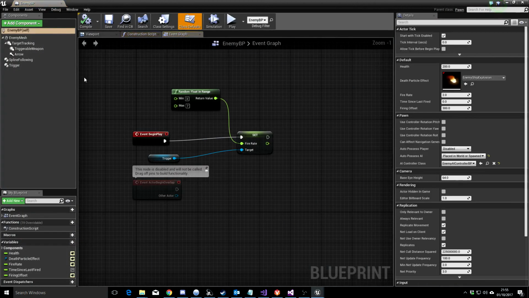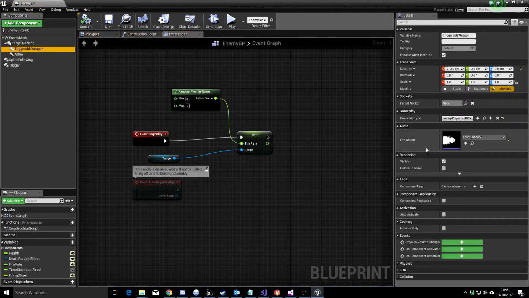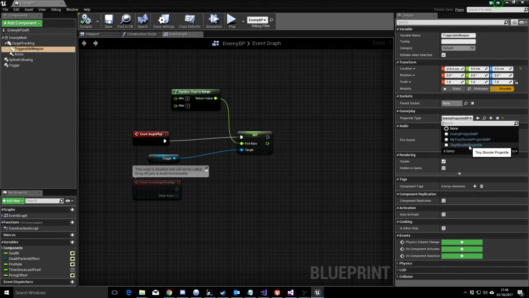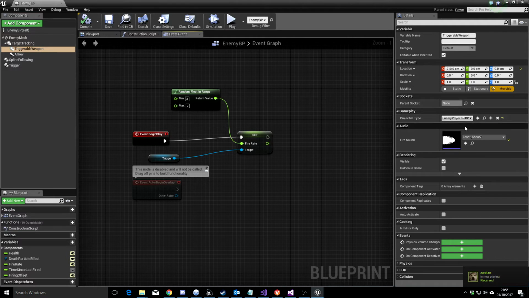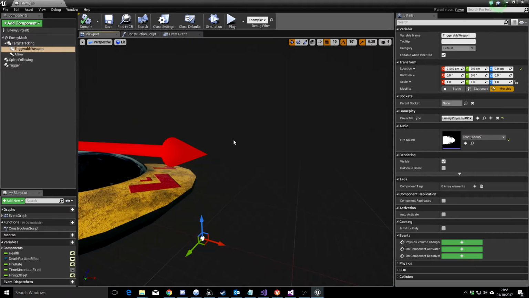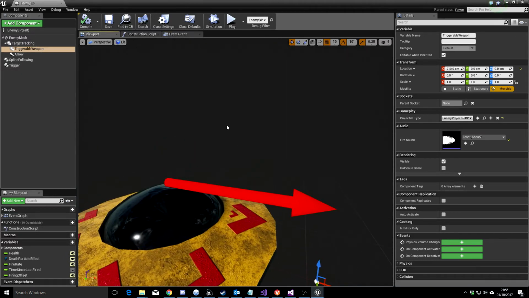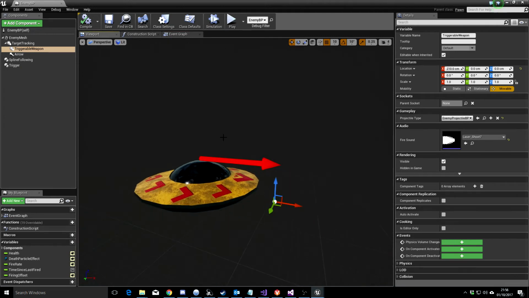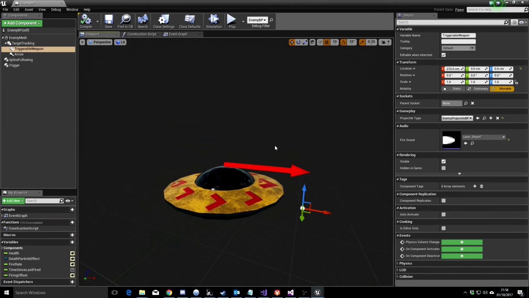If we look on the enemy, on the weapon, it fires an enemy projectile BP here. So you could literally select any of them essentially. But I've made one and it's got this fire sound and stuff. So here's the other thing that you probably want to know about. We'll talk about the components in the actual task sheets, but